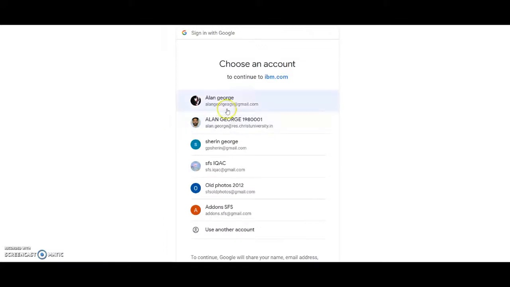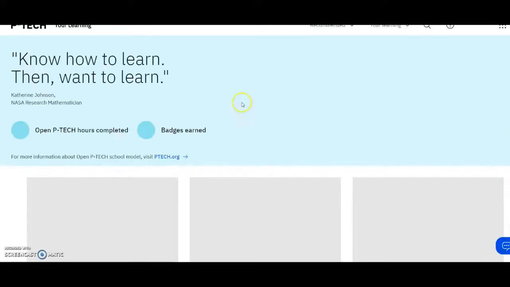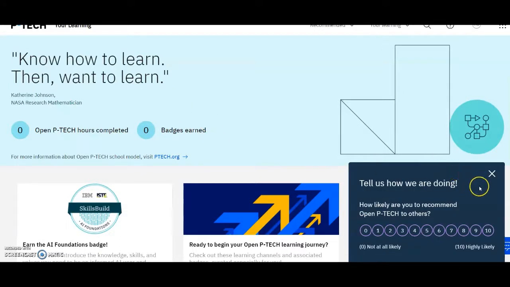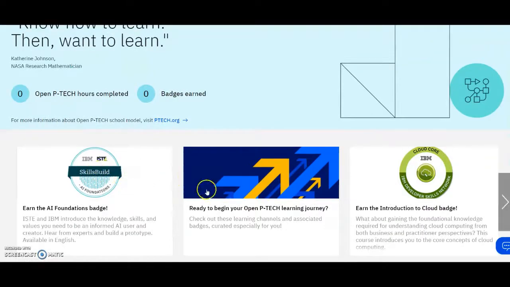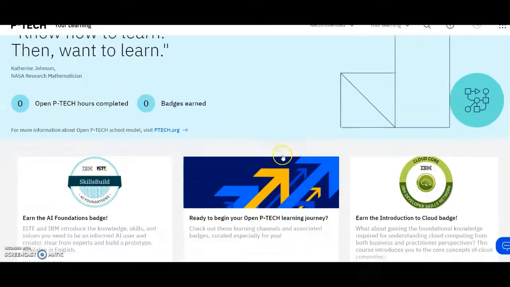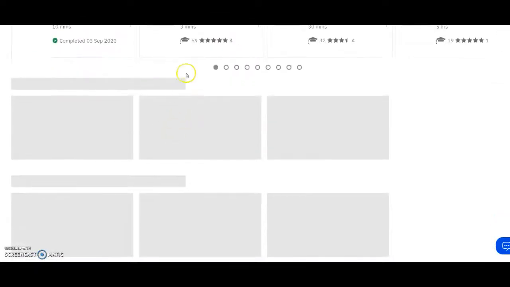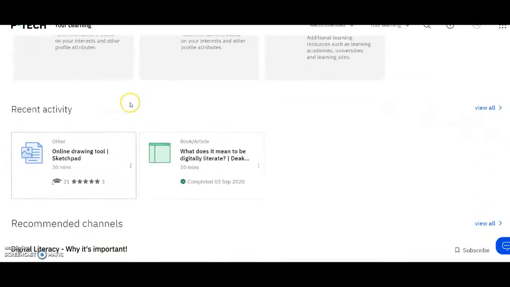I am just again showing how the process will happen once you start with the whole OpenPTech program. This will be your home page that I showed you beforehand. These ratings you can give at the end of the course, once you are happy with it or not convinced with the course. It depends upon how you're taking the course. Once you have completed the course, you can go through the various aspects they mention regarding the program. Then again, there are certain recommendations for you, and certain aspects that they will be teaching you.